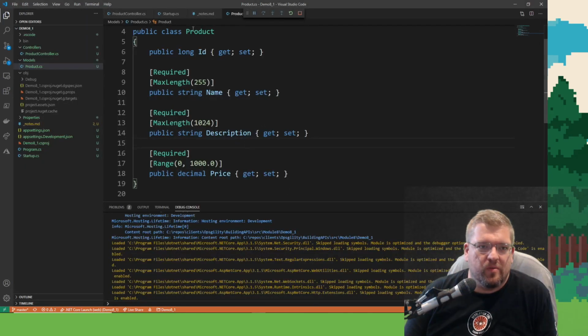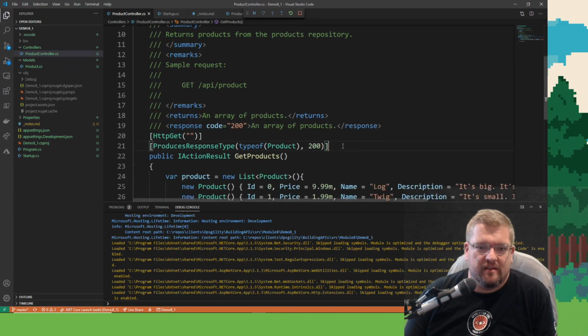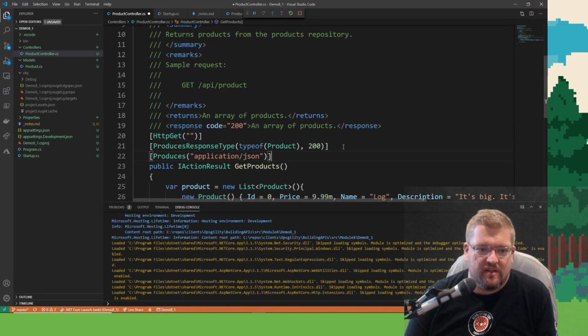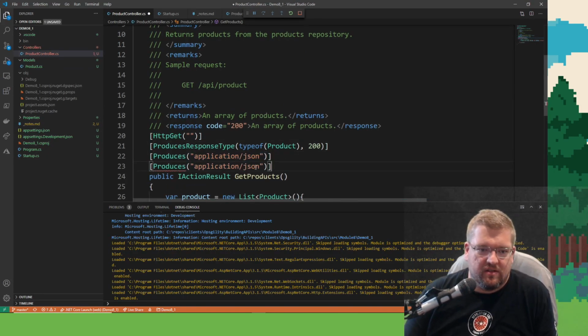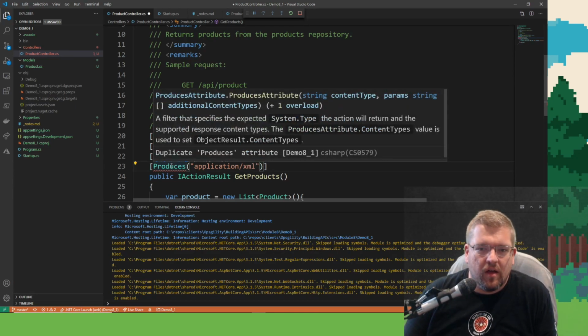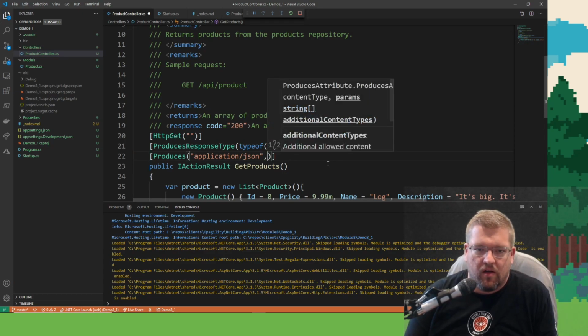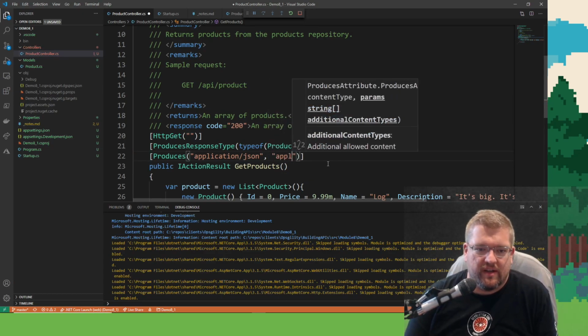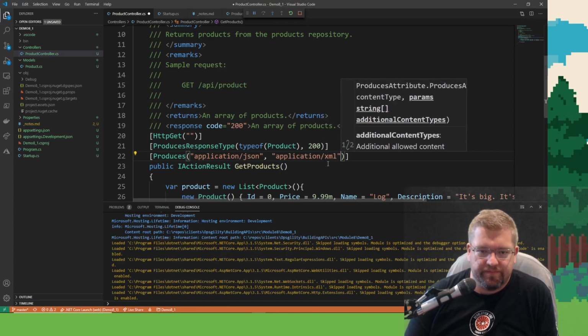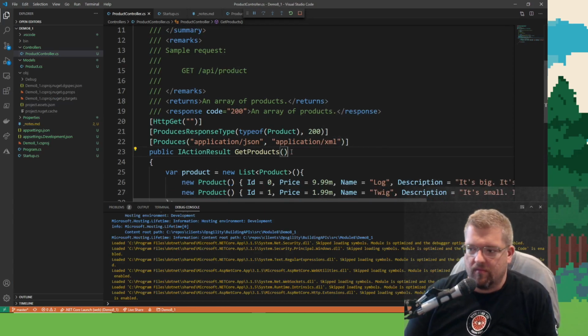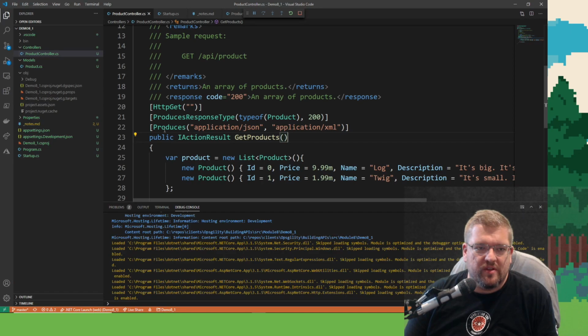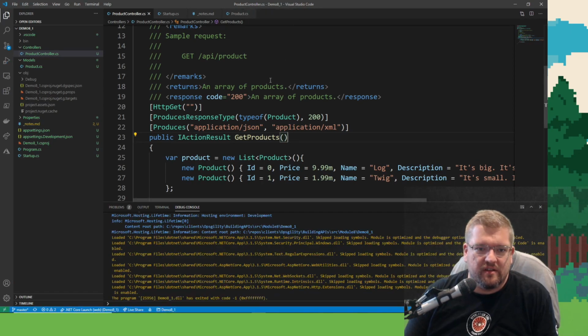Oh, okay. So we could come in here and tell it that this produces an application. Oh, can this be an array? Oh, it takes additional, so I can do application XML. I wonder if you can set defaults for a lot of this stuff.